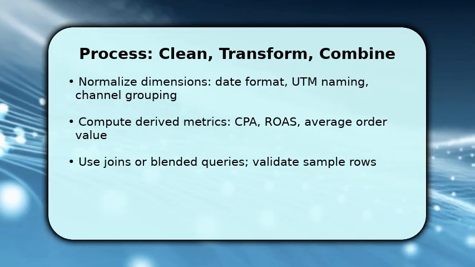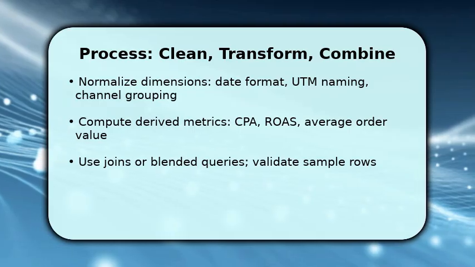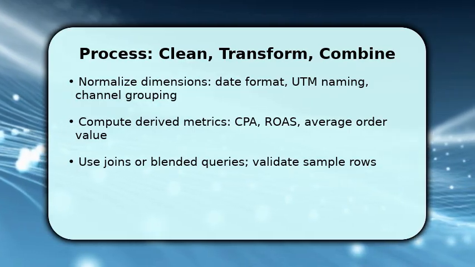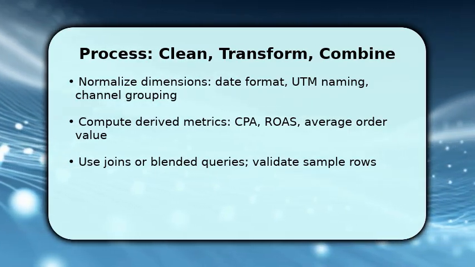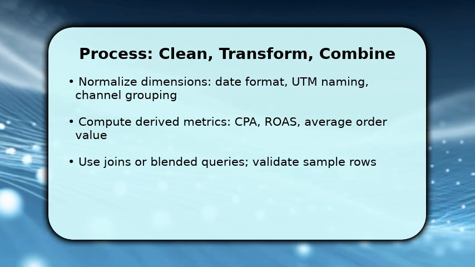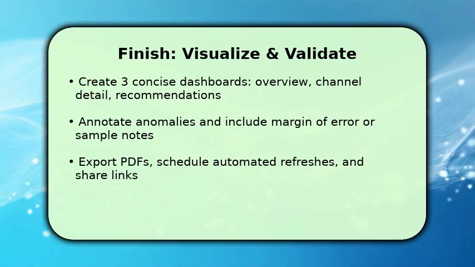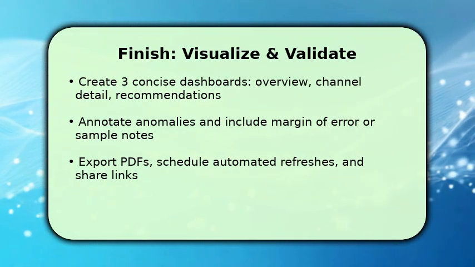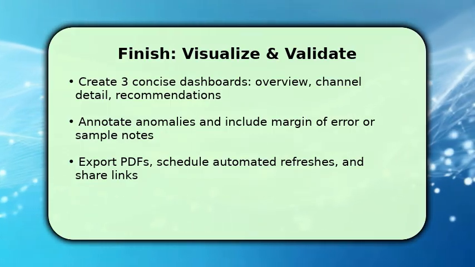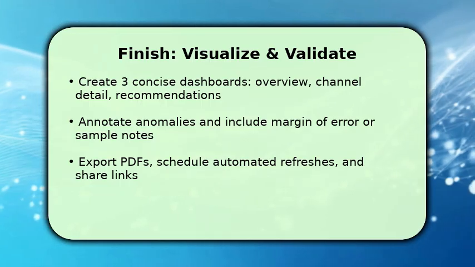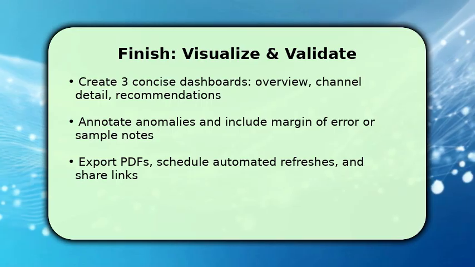After that, combine datasets with joins or blended queries and validate by spot-checking sample rows against source systems. This step reduces error risk and makes your charts reliable for interpretation and decision-making. To finish, build 3 focused views: an executive overview, channel-level detail, and an actions-focused recommendations page so viewers can act quickly. Once visuals are set, add annotations for anomalies and a brief note on data completeness or sampling to keep